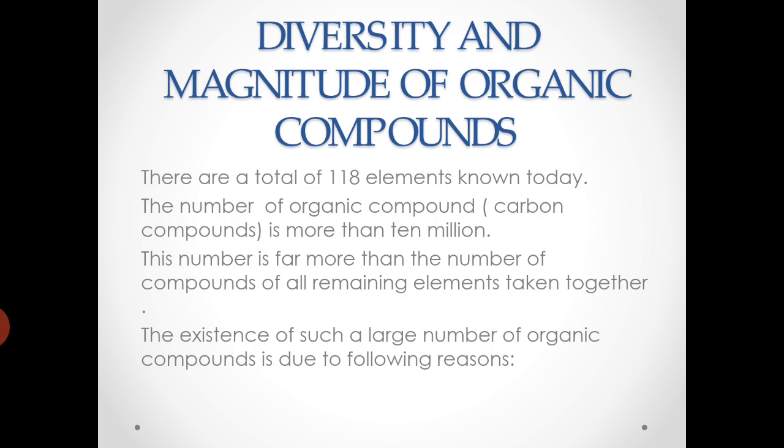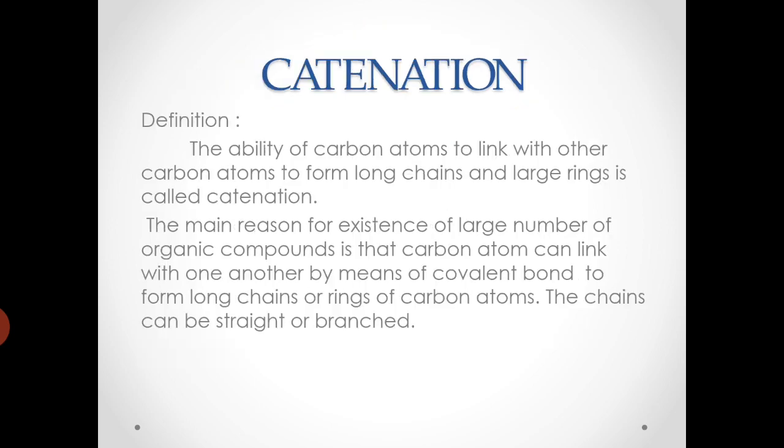As you all know that 118 elements are discovered today, but the number of organic compounds containing carbon and hydrogen atoms is more than 10 million, and this number is far more than the number of the compounds of all the remaining elements taken together. So the existence of such a large number of organic compounds is due to the following reasons. Let's see the first reason,